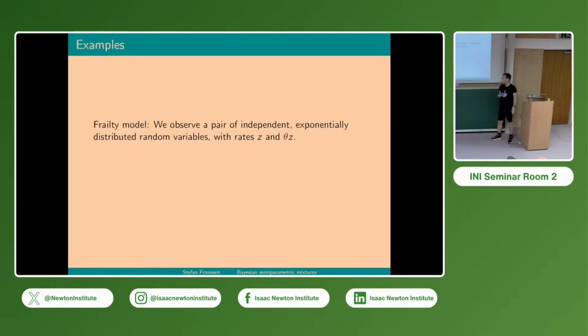So one of the examples is the frailty model. This is a model that's used, for example, in medical research. We have pairs of patients, or, for example, which is much more a toy example, we have pairs of light bulbs, and each of these pairs are the same type of light bulb, but we do not know its, for example, life expectancy. And then we have some coating that we claim improves its life expectancy. Of each of these pairs, we will treat one of them with the coating, and we will treat the other one